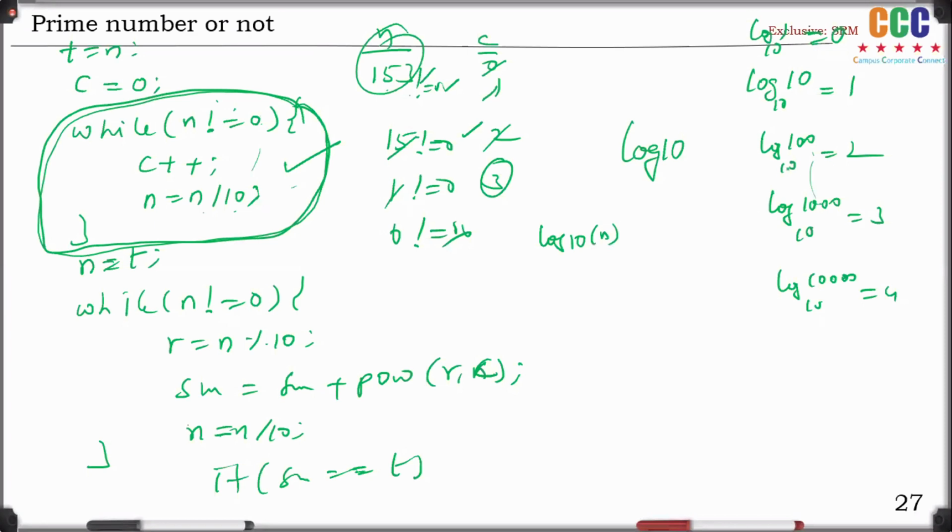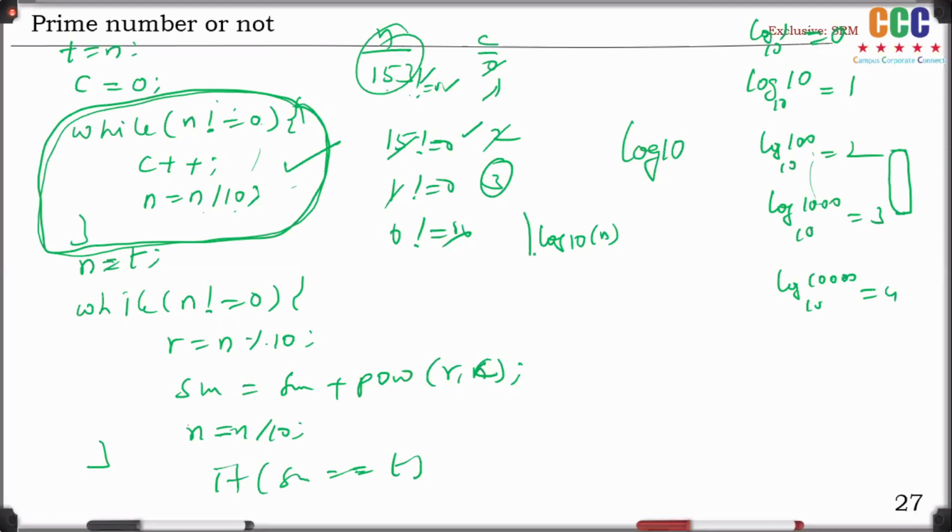Can anyone give me the answer? Don't use any scientific calculator, only give me the result. Very good. It is 2 point something, because it is in between log 100 and log 1000. Therefore, definitely log 153 is in between 2 and 3. Simply that is 2 point something.